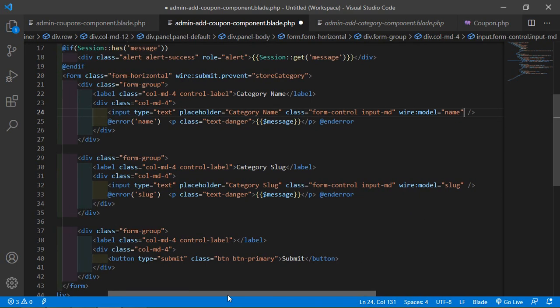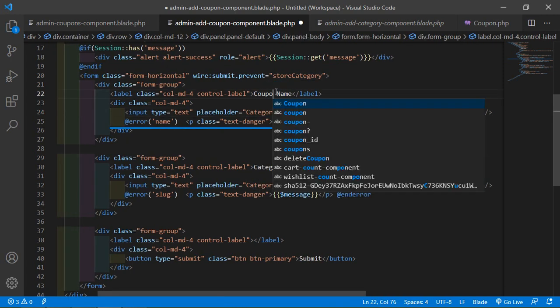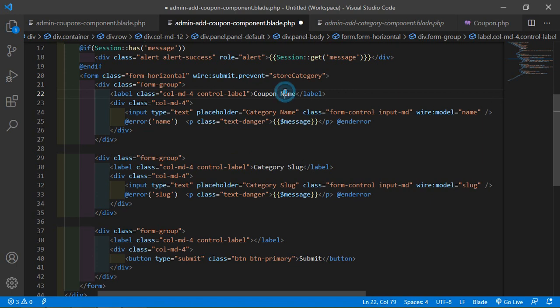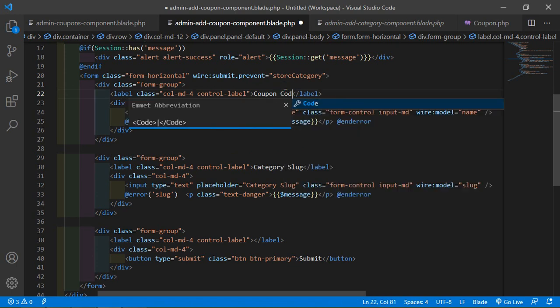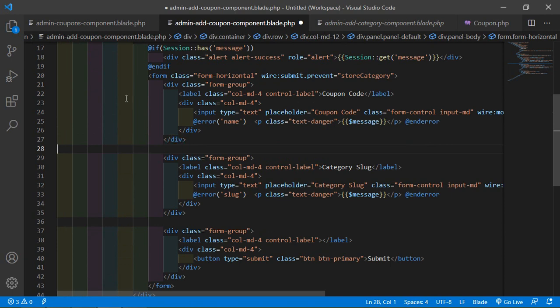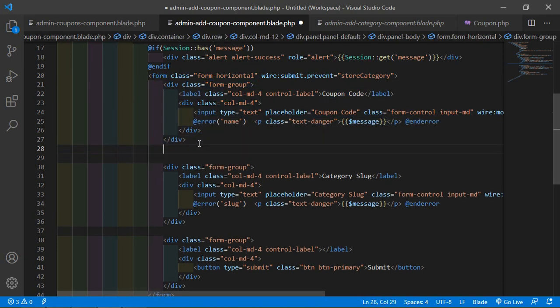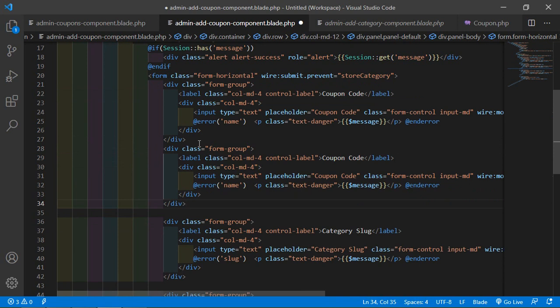Okay, and now change here the label coupon code, and also change the placeholder. All right, and now let's copy this and paste here one more time, and change here the label coupon type,